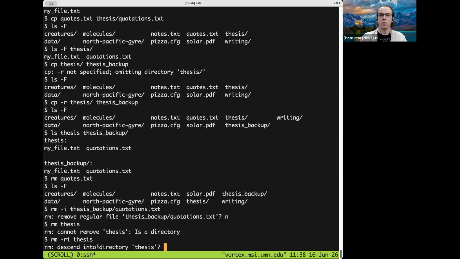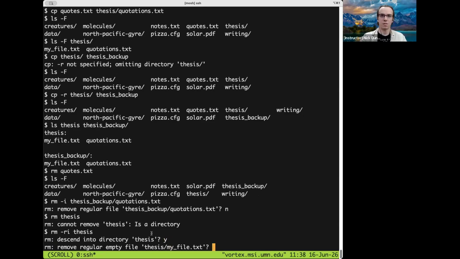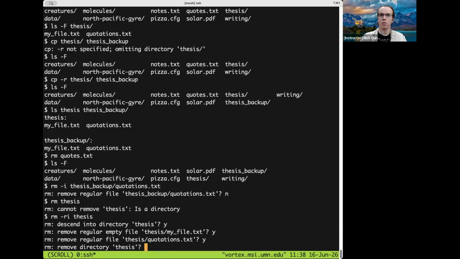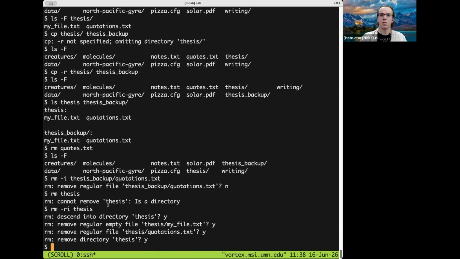So it's asking me, do I want to go inside directory thesis in order to delete its contents? We'll say yes. Do I want to delete regular empty file, myfile.txt? Sure. So Y for yes. Do I want to remove regular file quotations.txt? Yep. And then do I actually want to remove the directory itself? Also yes. And so it steps through in this way, and I have a chance to think like, what is